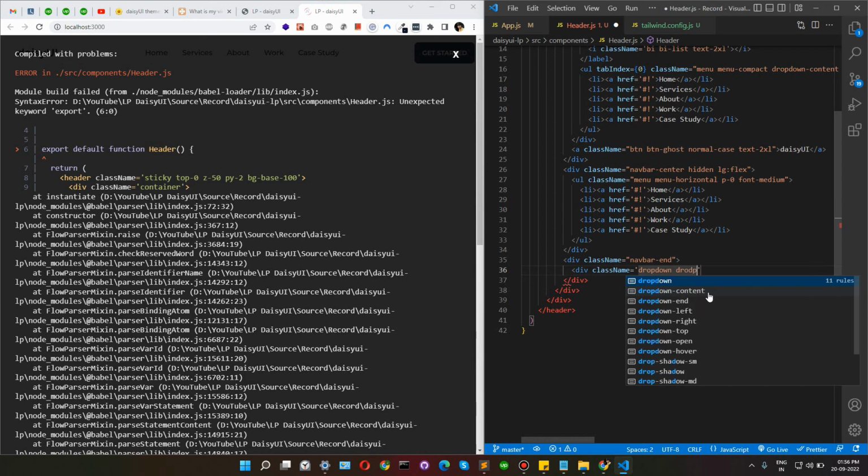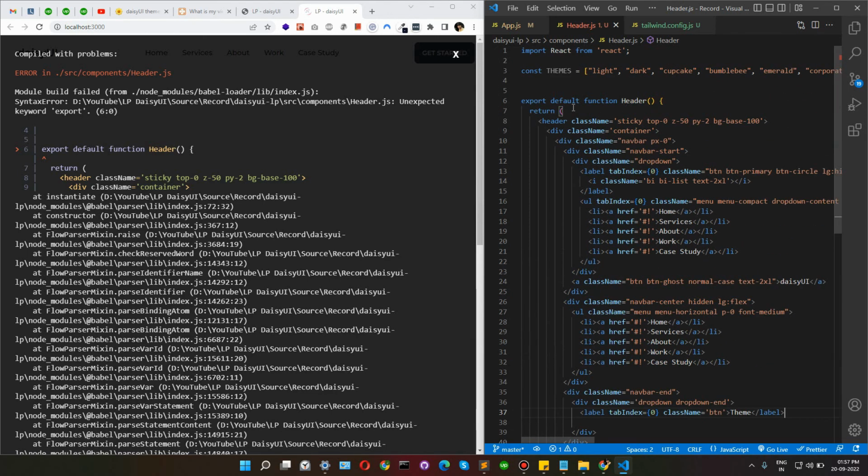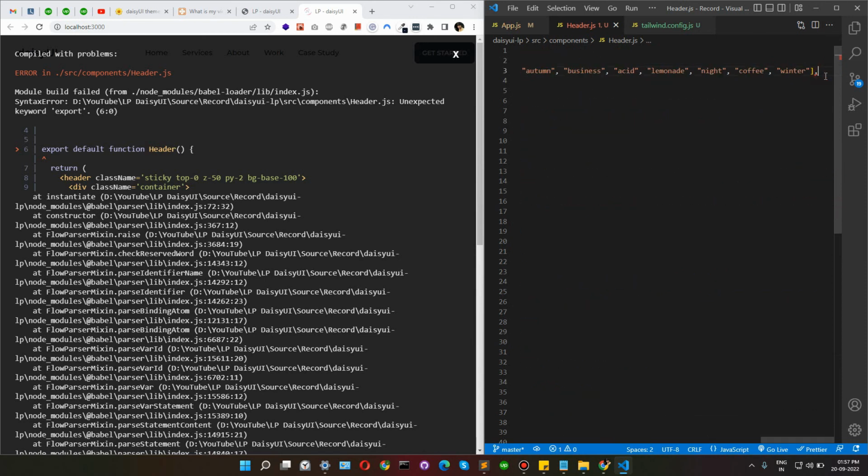Dropdown. We want our dropdown to start from the right side, so we will add class dropdown-end. Now create a label with class name btn and tabIndex 0 to make sure this dropdown is accessible even when the user focuses it. Okay,